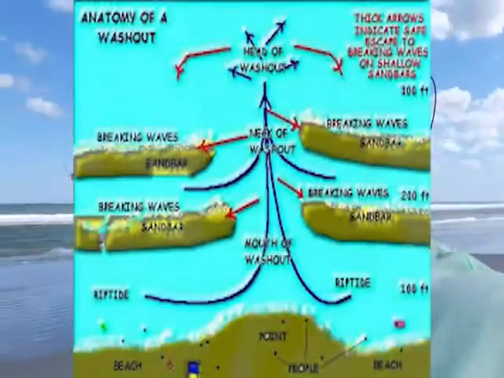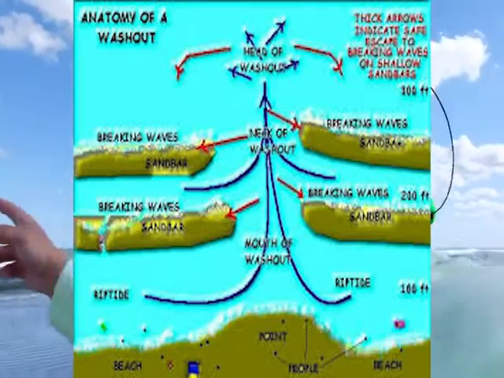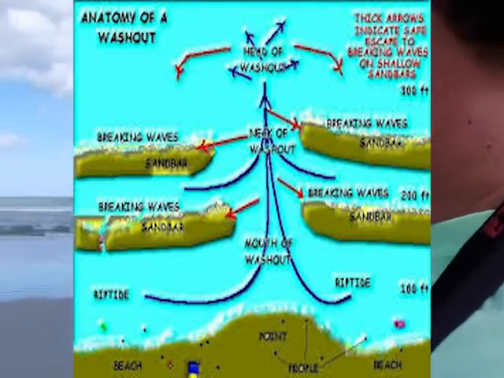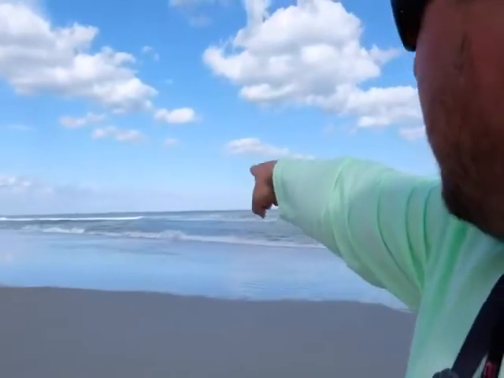What you want to look for is not waves. Okay, like here's one right now. You can see wave, wave, wave, wave, and then there's a wave on that side, and then there's a hole right there. Okay, that's a rip